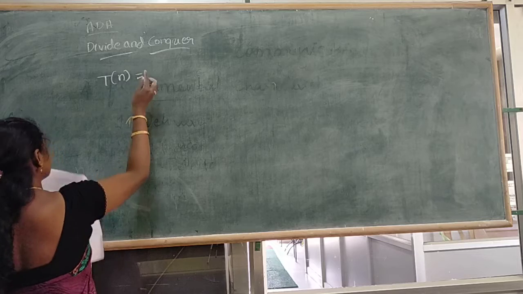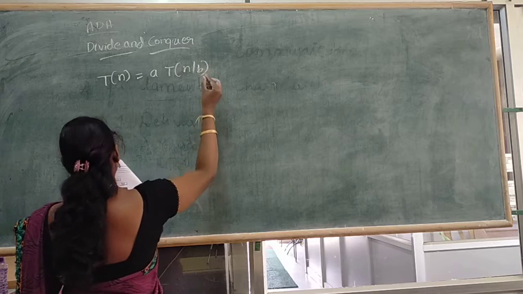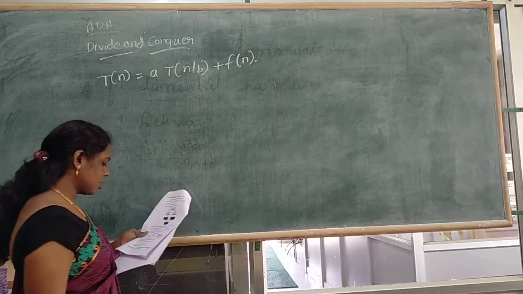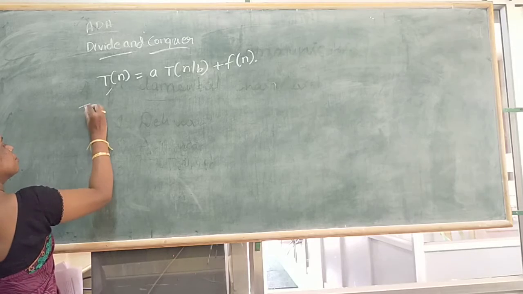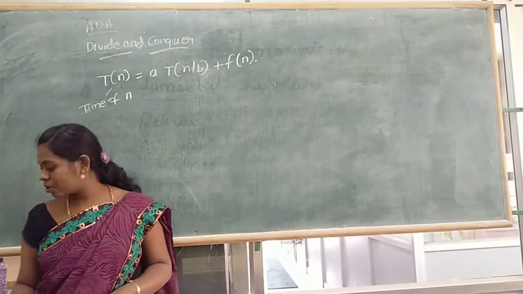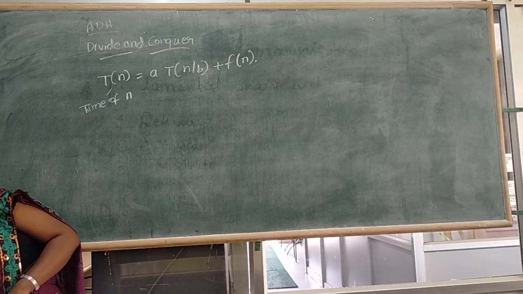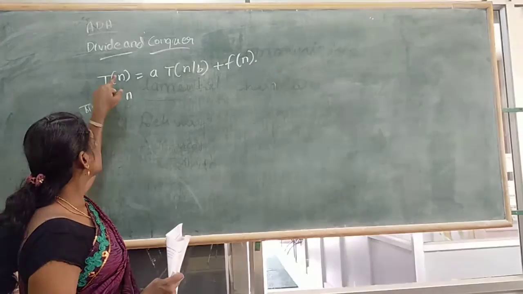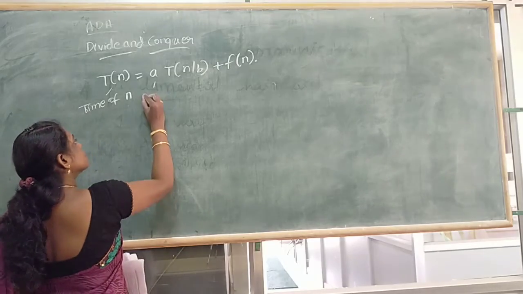T of n is equal to a T of n by b plus f of n. Okay. So for example, this is the time for a problem of size n, how much time it takes. Okay. So the time efficiency you find out is for the original problem. The original problem size is n. So that is the time complexity of the original problem, that is T of n, and this is the number of